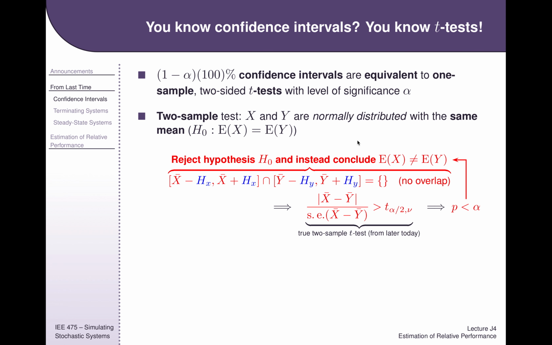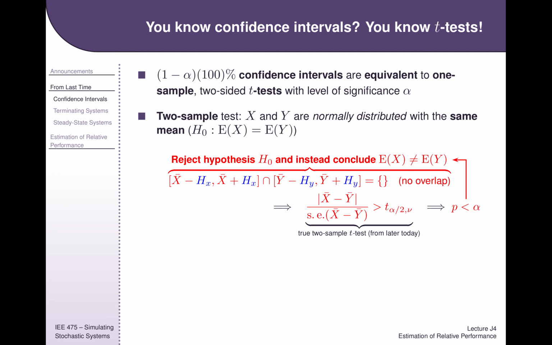And similarly for y, if we've taken some data from y, we can calculate a sample mean for y, and we can calculate a sample standard deviation, and then that gives us an estimate of this confidence interval for y. Individually, these confidence intervals are inferences on the mean of the actual x and the mean of the actual y. These confidence intervals are one-sample tests. Again, everything inside the x confidence interval are x hypotheses we cannot reject, and everything inside the y are y hypotheses we cannot reject. That's just for one sample.